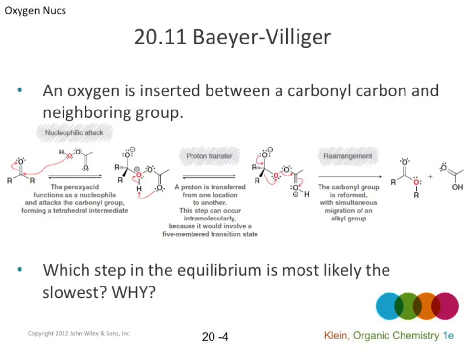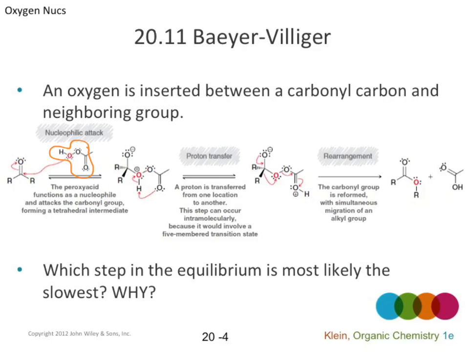Next one is our Baeyer-Villiger reaction. We're again using an oxygen nucleophile. This one's a little bit more interesting because our oxygen nucleophile also happens to be what? What's the name of that functional group? It's a peroxy acid. So that oxygen is still nucleophilic at the very end, so it can do its standard attack, and we end